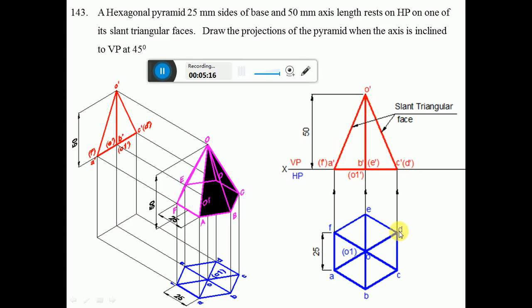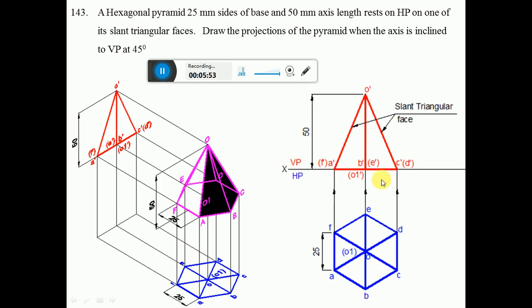Name them. Then join A to B with a dark line, B to C with a dark line, C to D with a dark line, D to E, E to F, and F to A. All these are dark lines. Since the apex to the extreme corners are joined, naturally from the center, which is O, the center of the circle, you dark the lines OA, then O to B, O to C, O to D, O to E, and O to F.